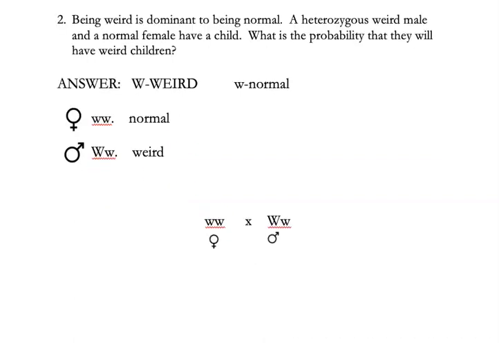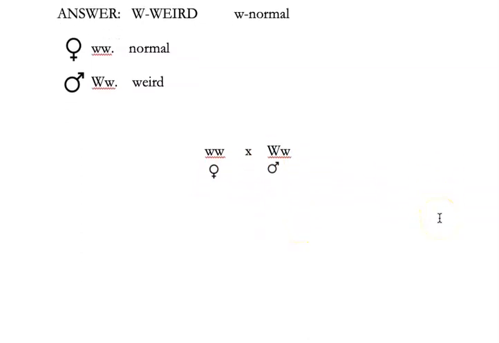So in order to generate a Punnett square, remember that I want to show all the pairings. I want you to show me the genotype and phenotype classes. That is, like, what are the genotypes present? What are those ratios? And what are the phenotypes present? What are those ratios? So the first thing I do is I draw this cross, right? So this shows me that I've got the normal female, that she's being crossed with a weird male, right? Okay. Well, that gives me